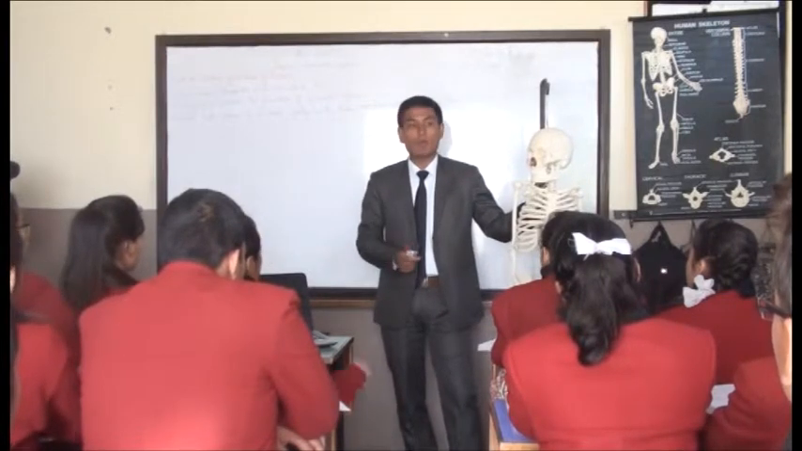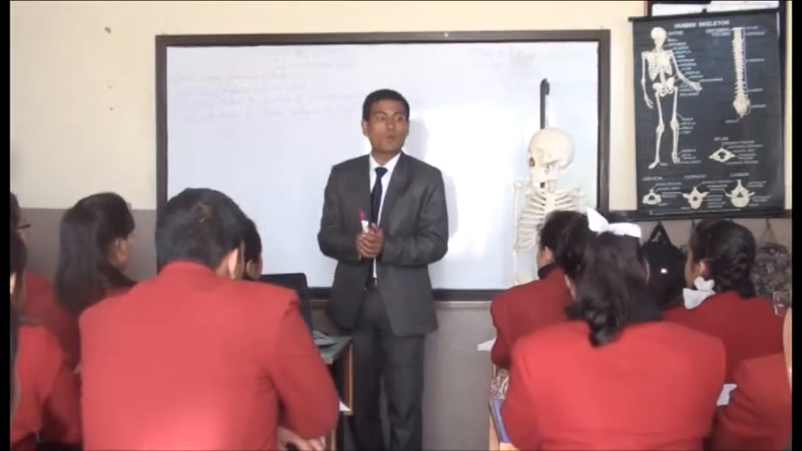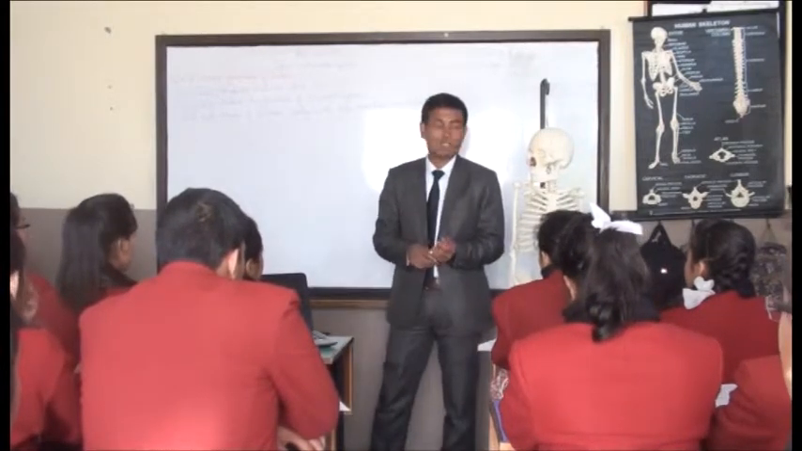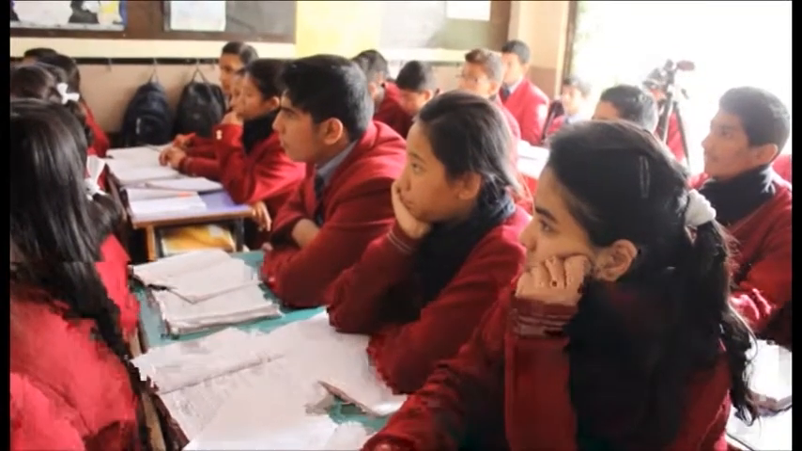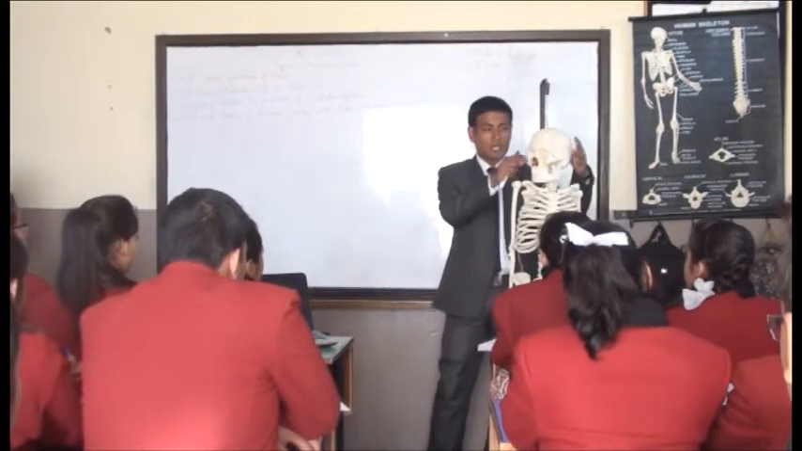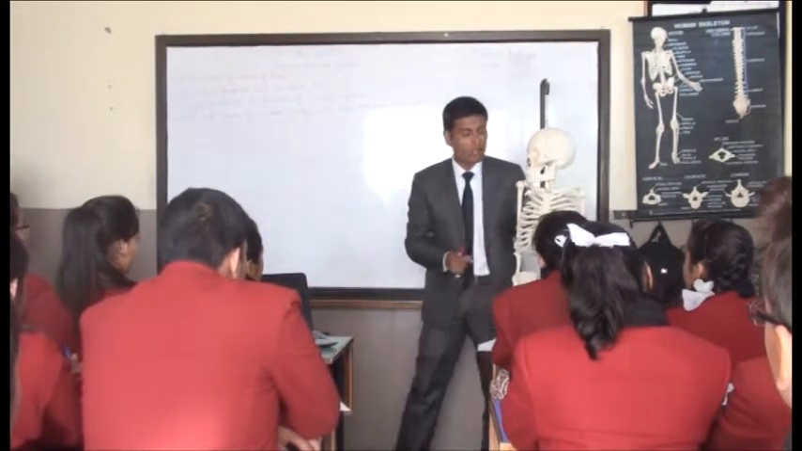Also, do you know about blood cells? Blood cells like RBC, red blood cells, white blood cells and platelets. These all are manufactured inside the bone marrow. Now, the lesson is skeletal system. Here is a replica of a human skeleton. Okay? Now imagine